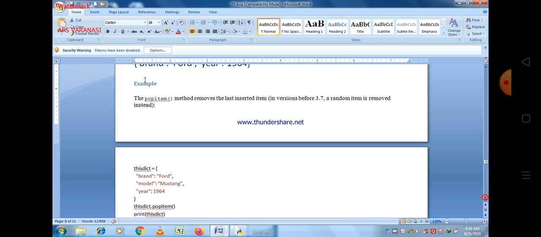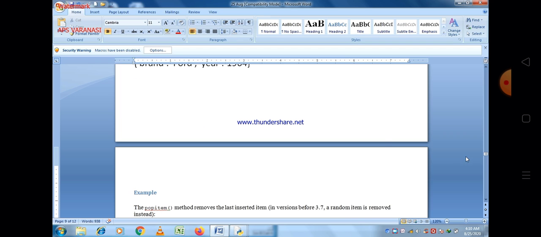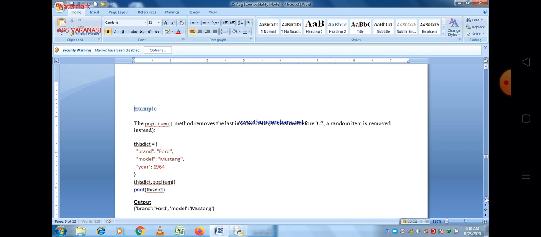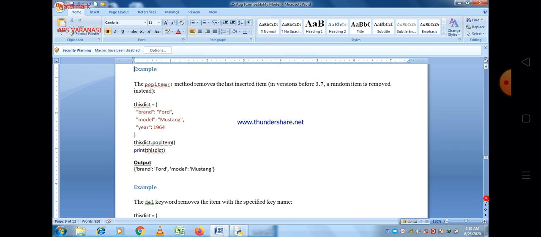There is another method named popitem. It also removes data items. It removes the last inserted item in version 3.7, but a random item is removed instead in versions before that. So this is a little bit different when we compare it with the pop method.